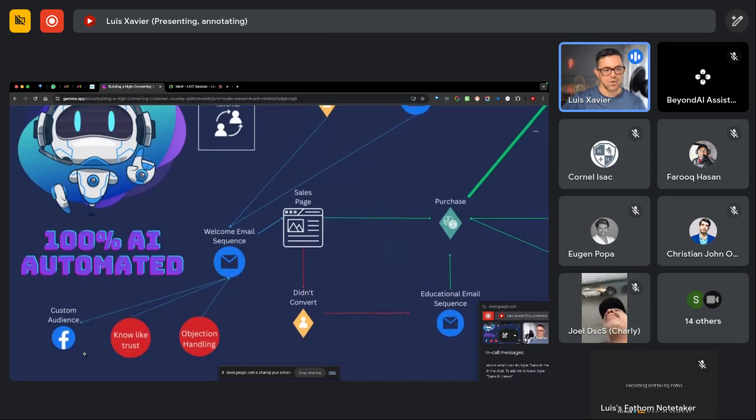And then in here, we've got a custom audience. So in GoHighLevel, what we can do is link GoHighLevel to Facebook. And this is really cool. Why? Because when you send an email to them, you can go and create an ad on Facebook. And then this ad on Facebook can be linked to, let's say, a bucket. And this bucket is a custom audience.